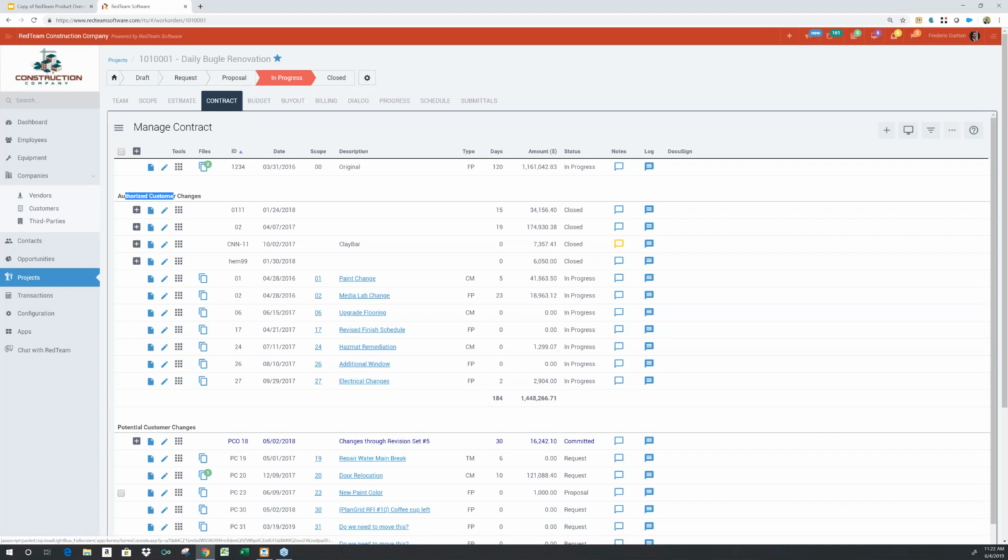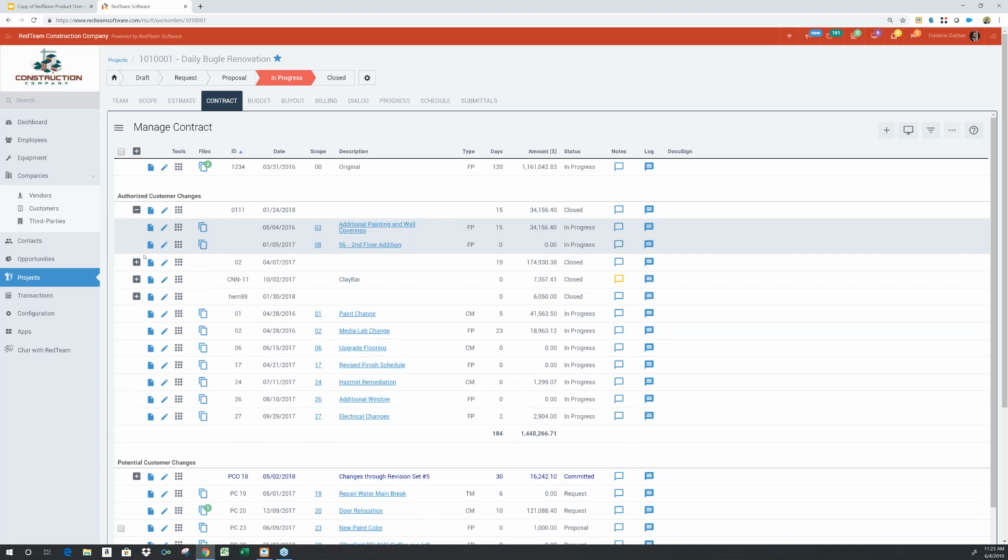We have two types of change orders listed here. You notice some of these have a little plus next to it. What that indicates is that this is a composite change. So this is a standard change order document comprised of two change events. However, in RedTeam, it's possible to promote a change event to be a standalone change order. If I look at the change order document itself,